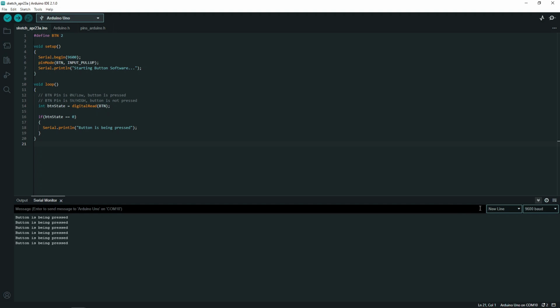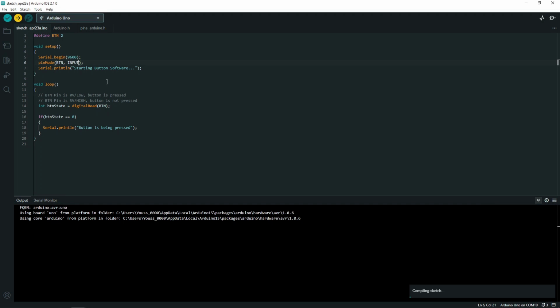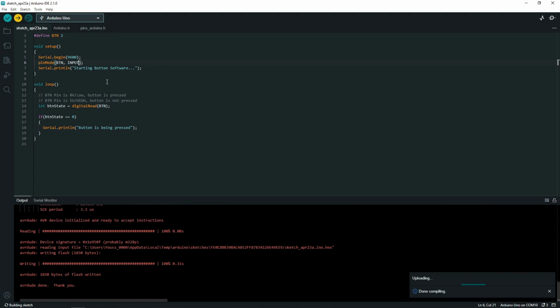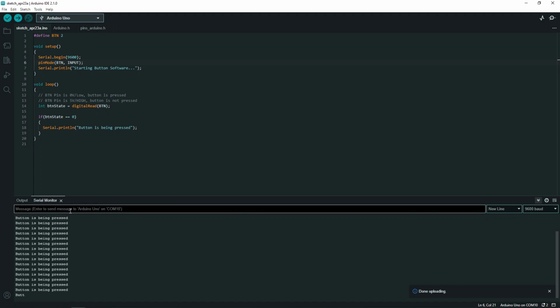So in terms of what I mentioned earlier about input pull-up and its importance, right now if I get rid of this pull-up bit and we build the software again and flash it onto the Arduino, and I am not pressing anything on my Arduino at the moment, you can see that it's still saying button is being pressed, button is being pressed, button is being pressed, and that's because the pin is floating, and at the moment it thinks it's reading digital